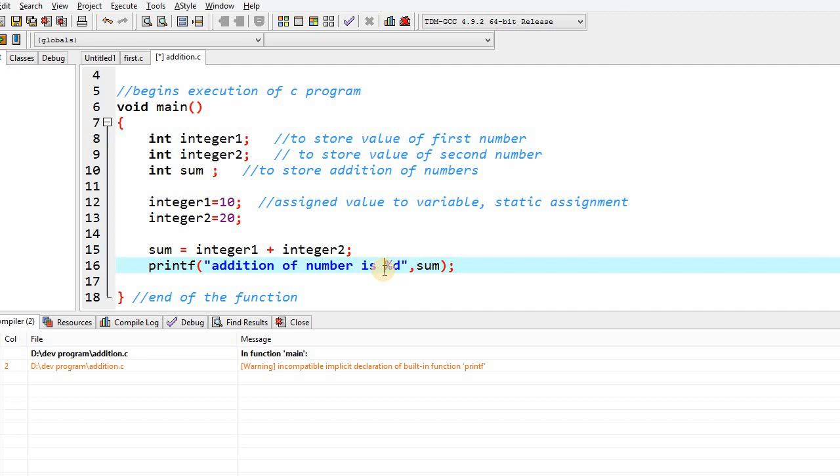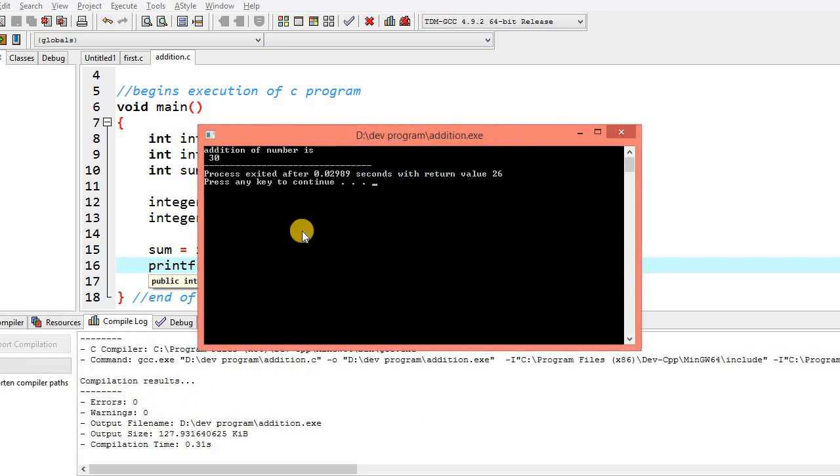Now one thing I want to add is I will give you some information about the escape character. What does it mean? This is a backslash character. This is also called an escape character. So whenever an escape comes, your compiler will check the next character. That means if there is an n, for example, what will happen? Save it and let's see the output. Addition of number is, and there is a new line where our sum is printed.